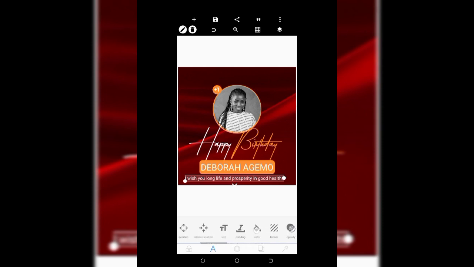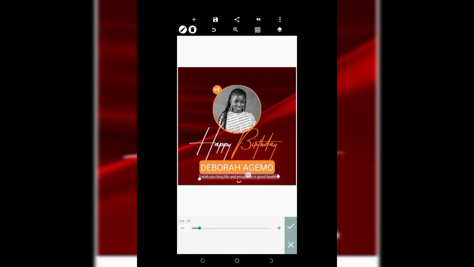So I'm going to put it right here, and then I'm going to reduce the size a little. Yeah, this is okay. And then move it a little, centralize it. And then the next thing I want to do is